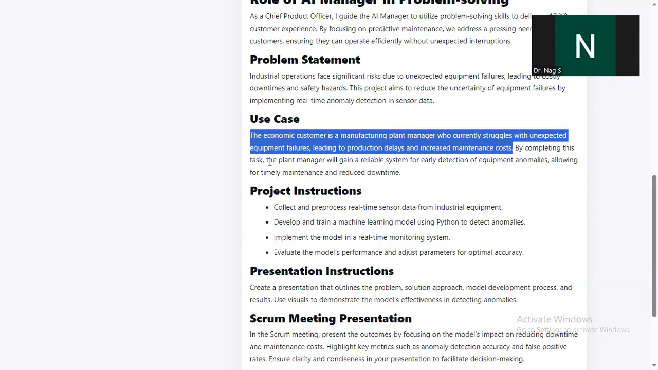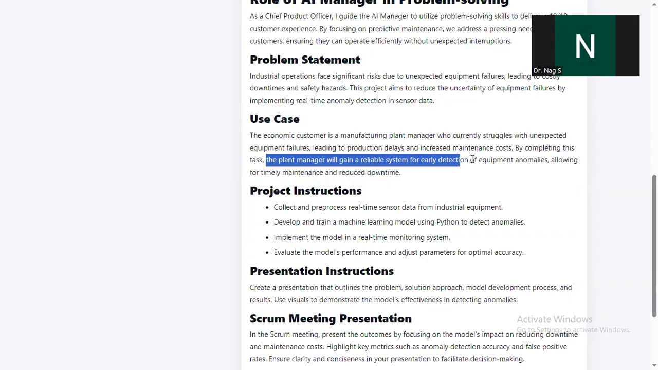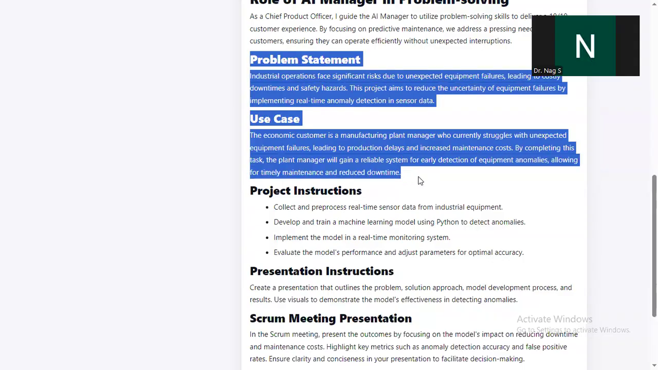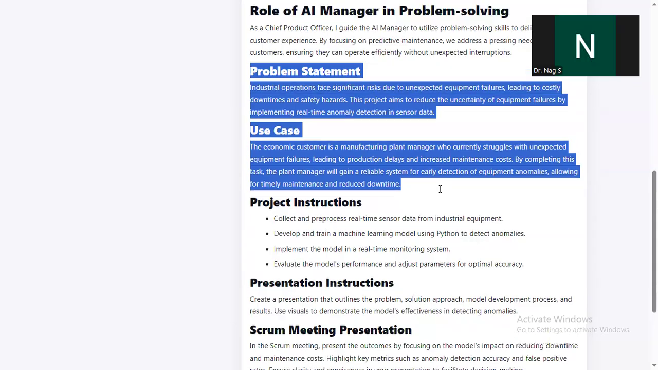By completing this task, the plant manager will gain a reliable system for early detection of equipment anomalies, allowing for timely maintenance and reduced downtime. So this is what needs to be solved. Okay. So consider this is the problem statement, and this is the typical use case which we are solving in